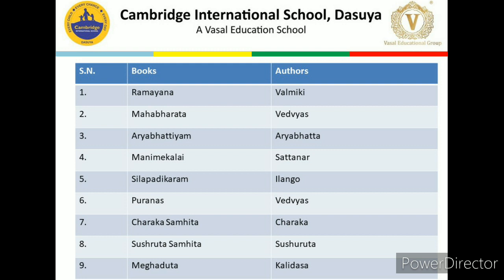Shilapadikaram is also a Tamil epic which was written by Elango. In Shilapadikaram, we will come to know about Kovalan. Kovalan is a merchant, and about his wife, Kannagi. They were earlier living in Puhar, and then later on they went to Madurai, where he was wrongly accused